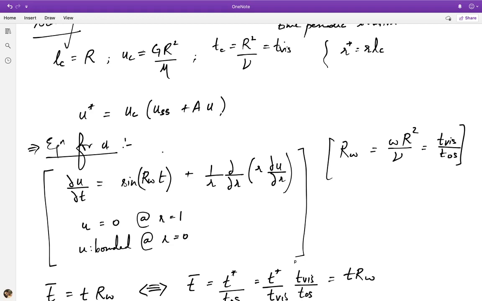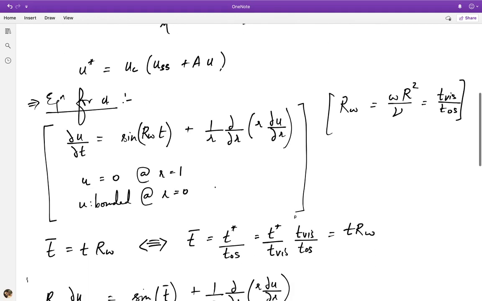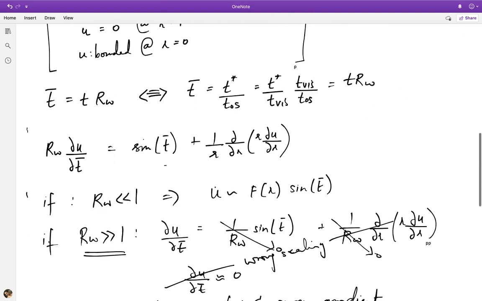But more than just that, we also have now something useful to take away as far as the mathematical solution of the problem is concerned. Because we now know that we cannot postulate a possible solution to this general equation as just some function of r times sine Rwt, because in general there could be a cosine contribution as well. Alright, so then how does one approach such a mixed time response problem?